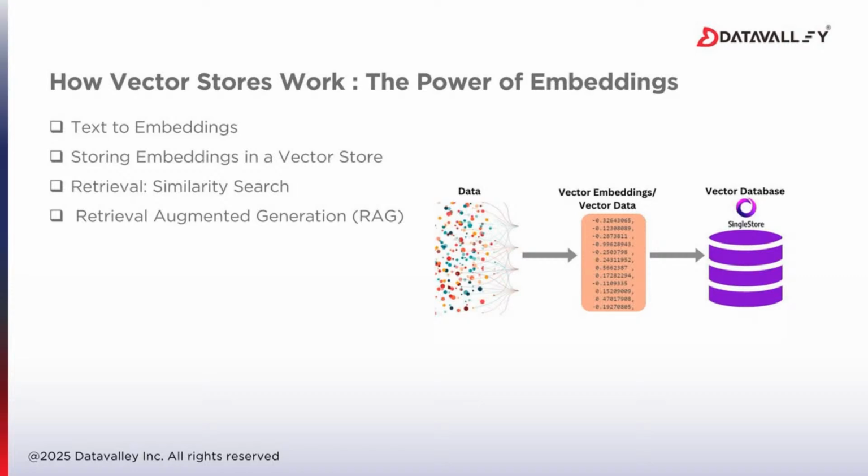Here it is making a similarity search. Nowadays a popular thing is RAG, retrieval augmented generation. This is a technique which is used to retrieve that similarity search from the memory. Okay, so